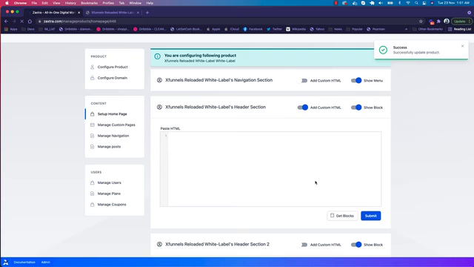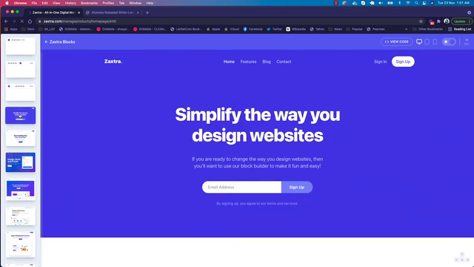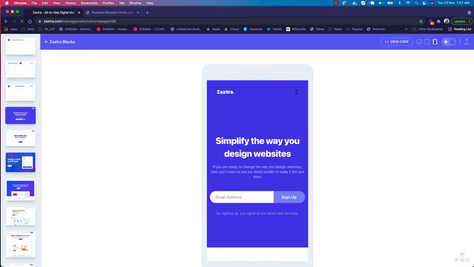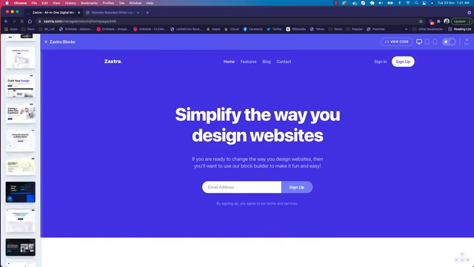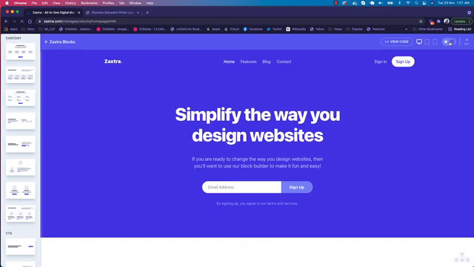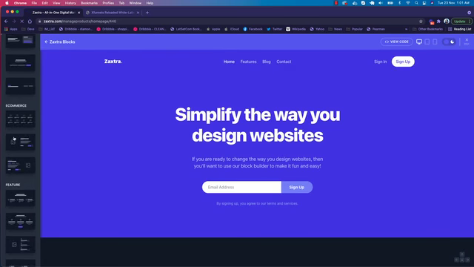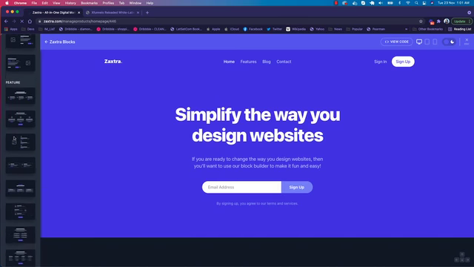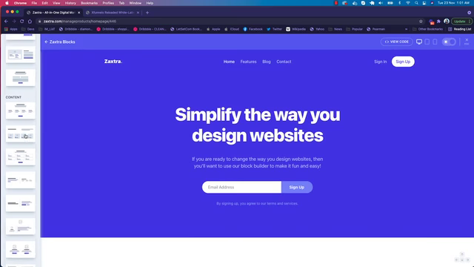And if you don't know how to write HTML, no worries, we have the get blocks option here. Inside this we have created amazing blocks like this. You can click on any block. If you want to just use this block, you can click on this block. You can check its responsiveness on tablet and on phone, and if you want to see other blocks in the darker color, you click on dark. It will turn them on in a darker mode. And if you want to have the lighter theme, you can click on this, and now it will be lighter.